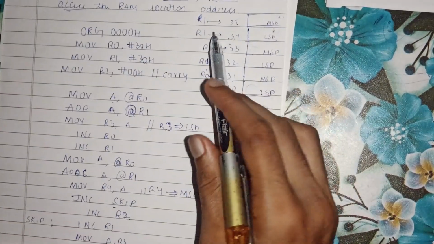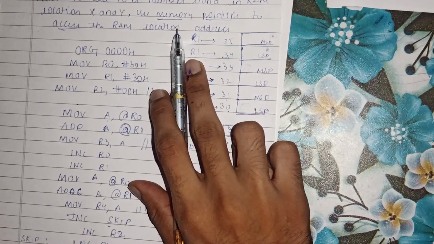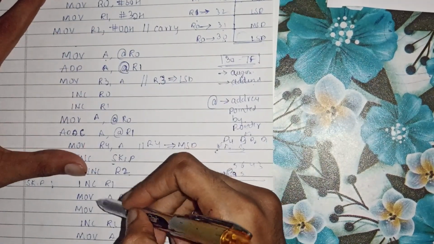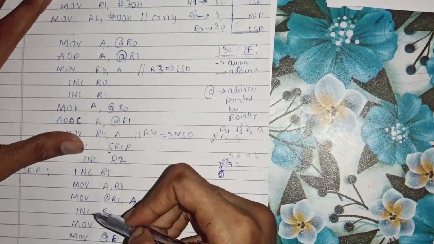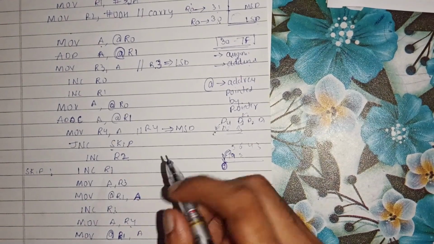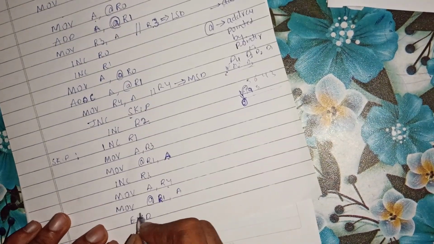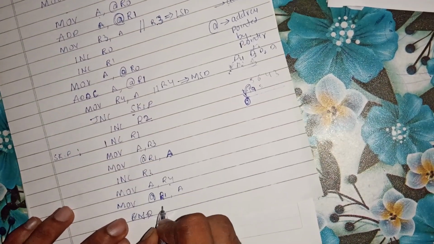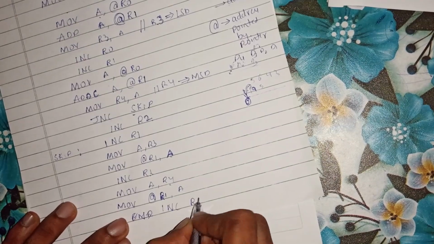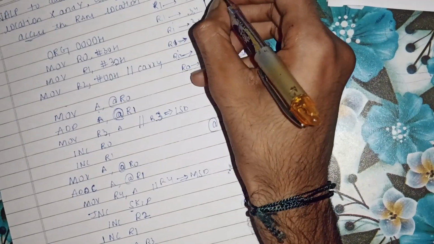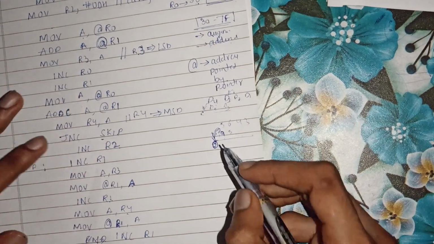I will be incrementing register R1, our memory pointer, to a new location, and I will be storing the LSD. Similarly I will again increment R1 and then store the MSD. Since I have incremented R1, now I have to store the result of register R2 as well. So again I will be incrementing register R1 to the next location, that is 36H, in order to store the carry that is generated by adding these two MSDs.